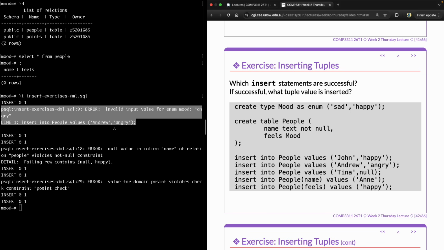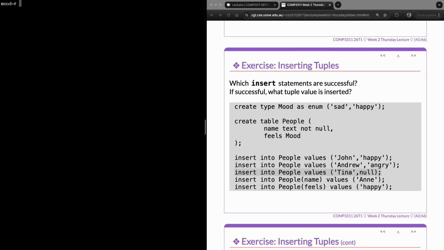And for Tina, is she also rejected? Let me see if Tina is rejected. For Tina, I feel like Tina is not rejected. Let me look at the real database to know for sure. So we're going to look at people. So Tina is actually here because we're not saying that the mood needs to be not empty. And let's look at